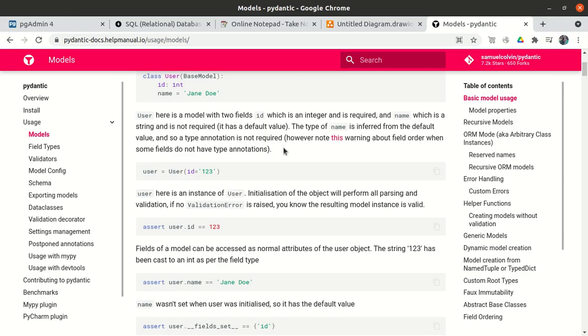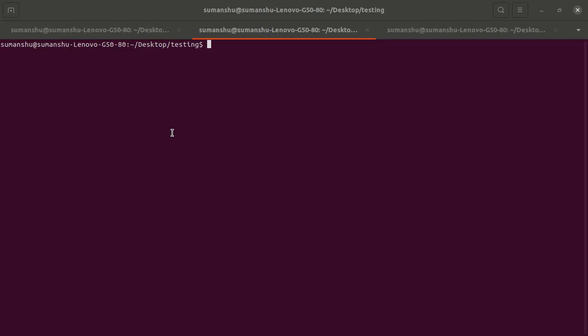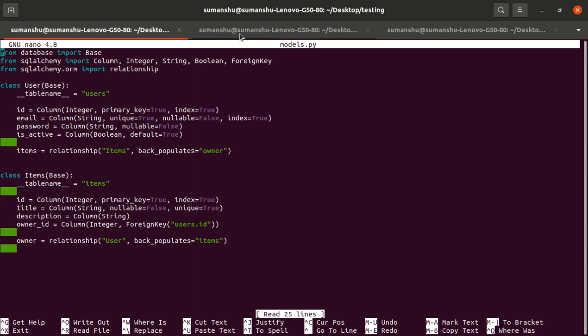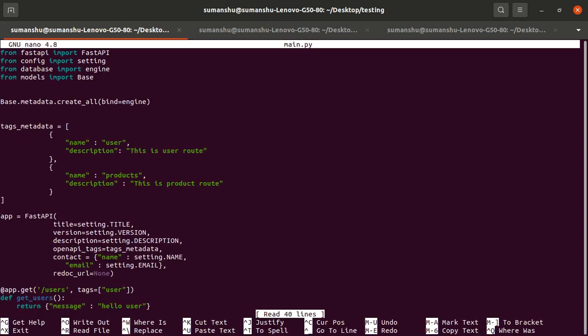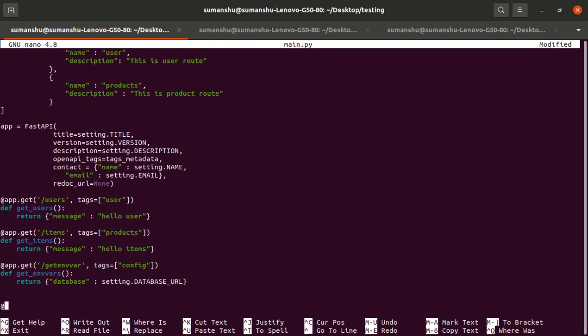Similarly, FastAPI uses the Pydantic approach. If we have to define our route, let me define the route. nano main.py. Let's suppose we define our route with @app.post, and here the create user route.